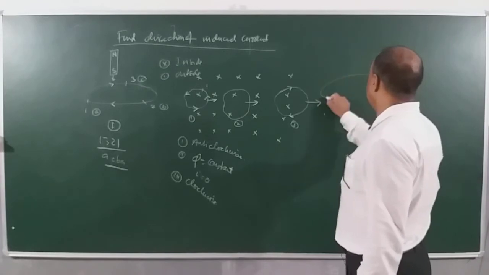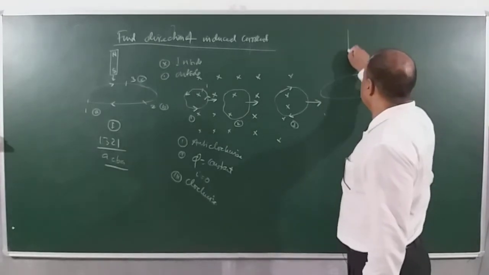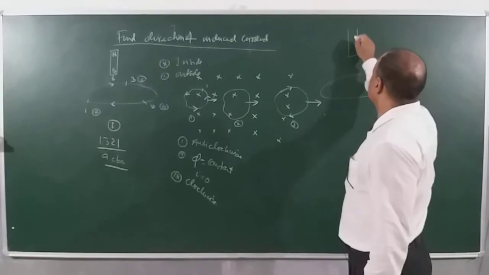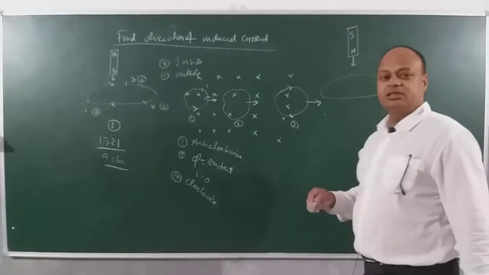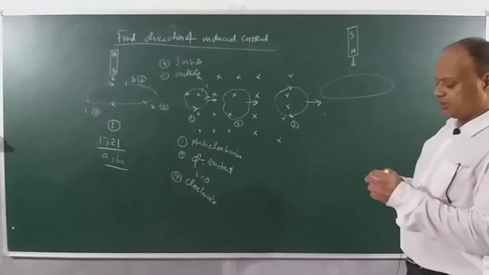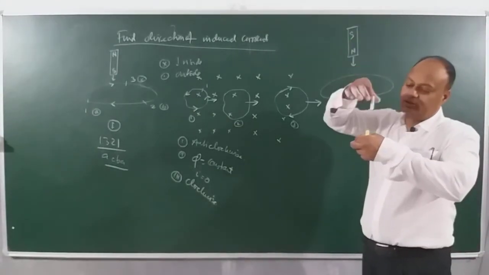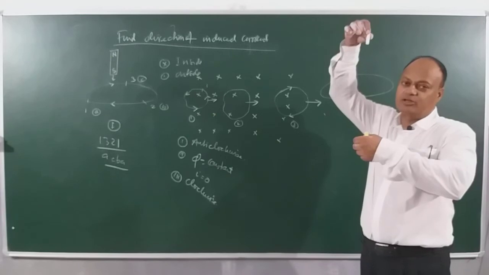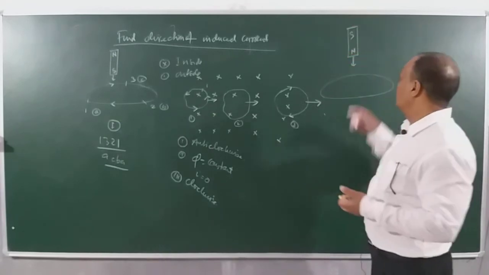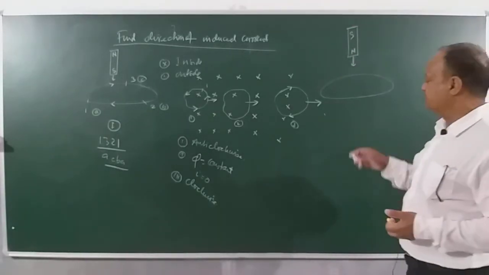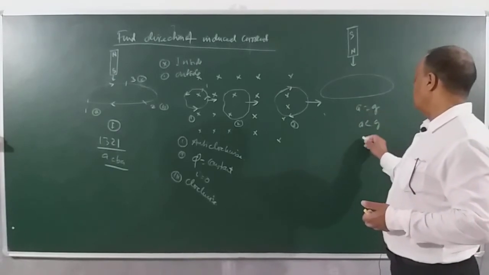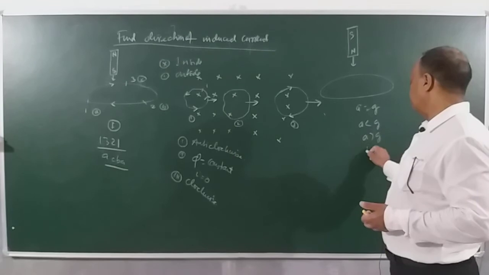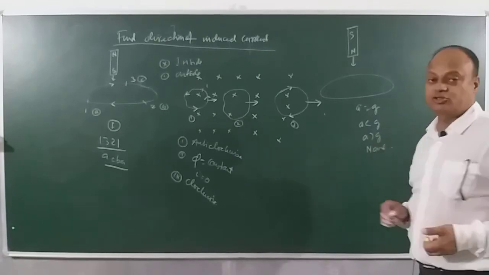Suppose here we have a coil and a magnet is being dropped through the coil. This is north pole and this is south pole. Imagine they ask a question that there is a coil and a magnet is being dropped through the coil, in free fall. The magnet is having free fall, and they ask you what will be the acceleration of the magnet? Will it be equal to g, or less than g, or more than g, or will it be none? Let us answer this question.